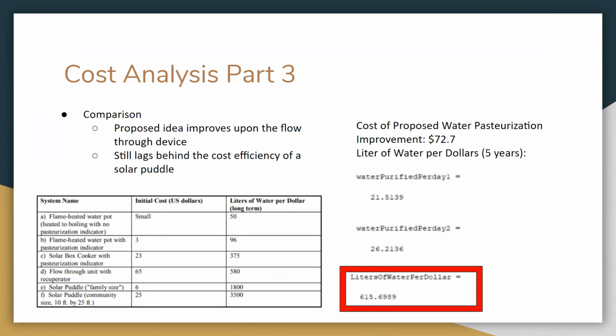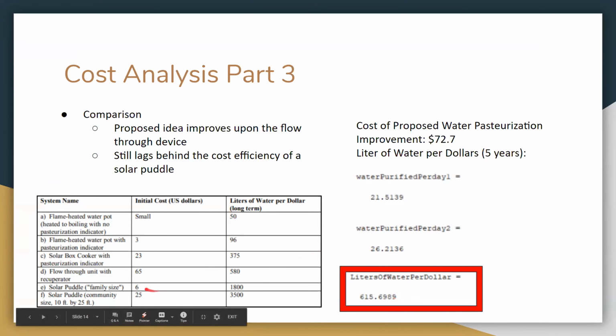Then I tried to replicate what was in this paper, which measured in liters of water per dollar over long terms, which is 5 years. So I did the same thing, and for this water pasteurizer, you can make about 21 liters of water per day, but for our proposed water pasteurizer, we can produce about 26 liters of water per day. And accounting for the maintenance and the cost of this water pasteurizer, the liters of water per dollar is about 616,